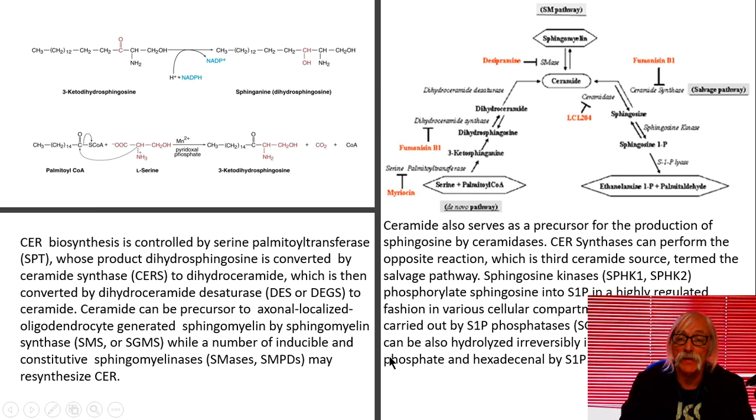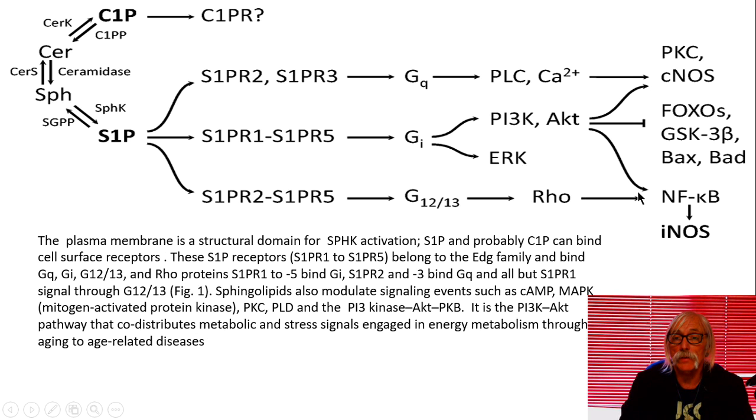While sphingosine 1-phosphate can be hydrolyzed irreversibly, as I just told you, with this lyase reaction to these biologically inert products. Now, there's a ceramide to sphingosine pathway. There's a ceramidase. There's a ceramide synthase pathway we just looked at. There's the kinase, ceramide kinase, going to C1P, and then it's binding, we think, to some receptor. Now, sphingosine, and we know the ceramide also functions at some level like that, but then we have sphingosine 1-phosphate,